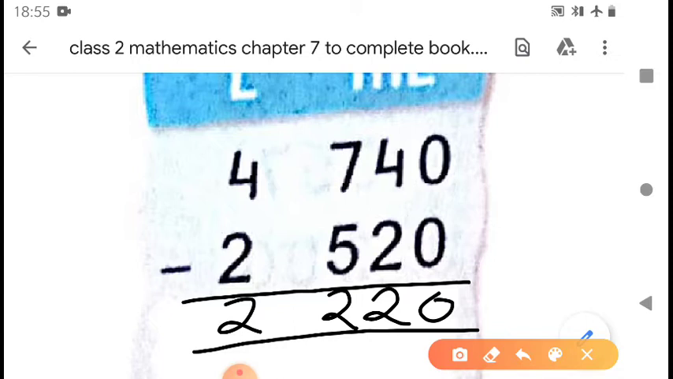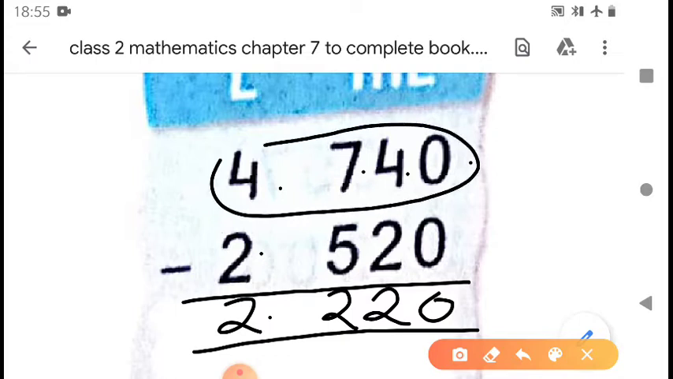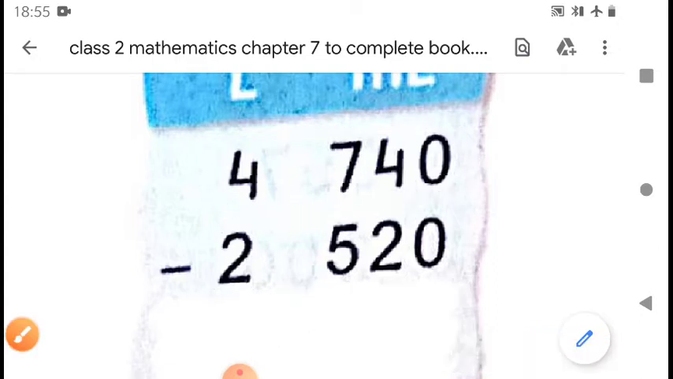And checking this subtraction with addition, let us check. 0 plus 0 is equal to 0. 2 plus 2 is 4. And 2 plus 5 is 7. Then 2 plus 2 is 4. That means you are getting this number. Therefore, your subtraction is correct. Okay. The next one is